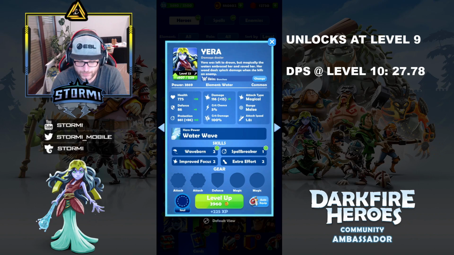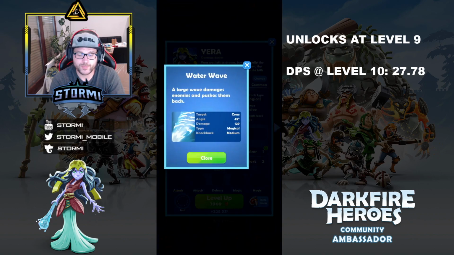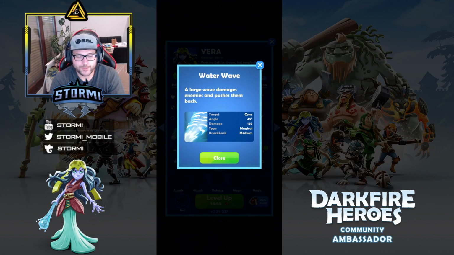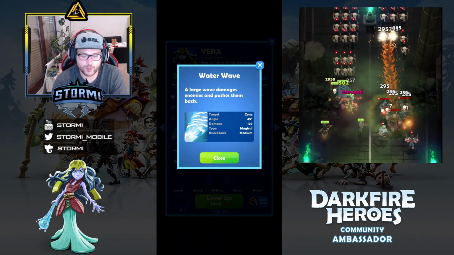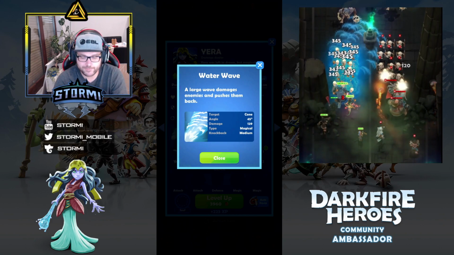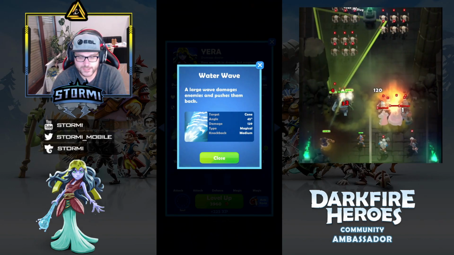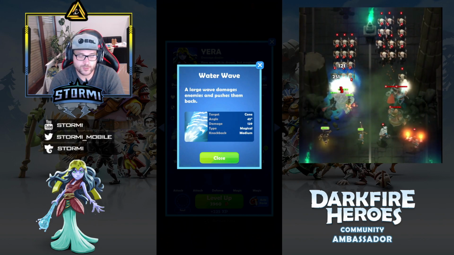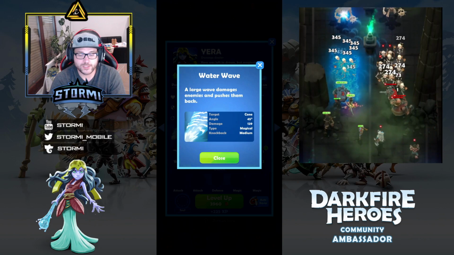Coming to her hero power, and that's definitely one point which makes her so strong. A large wave damages enemies and pushes them back, called the water wave, and the target is a zone, deployed with an angle of 45 degrees, so straight forward at an angle of 45, spreading a little bit to the outsides. And the base damage of the hero power at level 22 is 129, causing magical damage, and